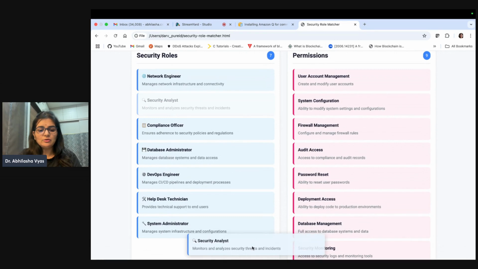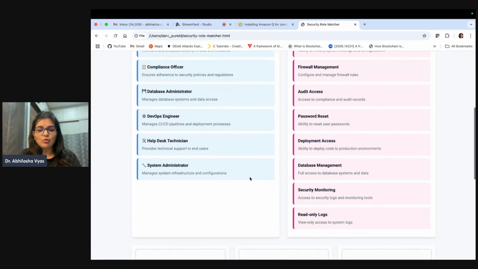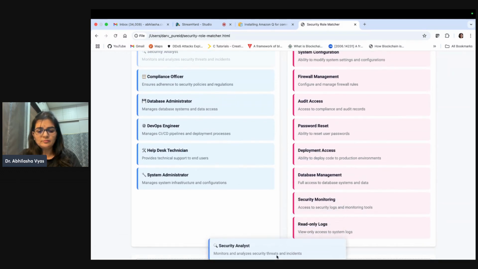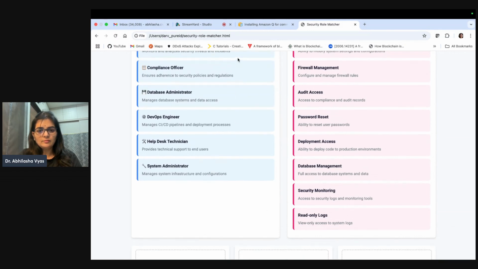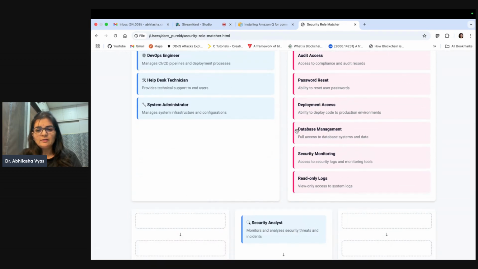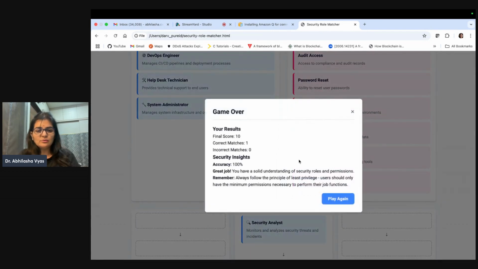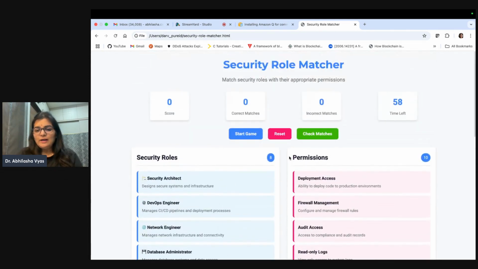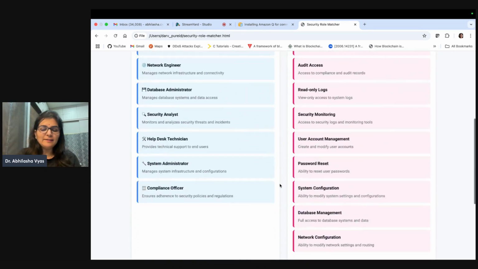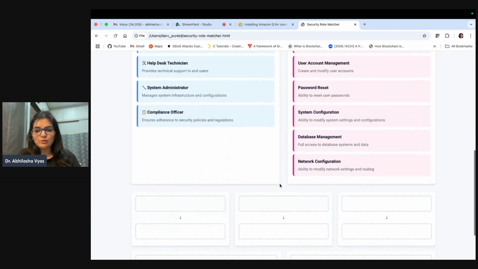I have to work on that because when I'm trying to drop any role, yes, I have to give some certain prompts to this. Yeah, this is coming, security analyst. Okay, so time is over. So we can set up the time also, how much time we want to give for the first round. So that's how it is very easy to create games with Amazon Q CLI. We can chill and relax, and the entire thing will be managed and done by Amazon Q CLI.